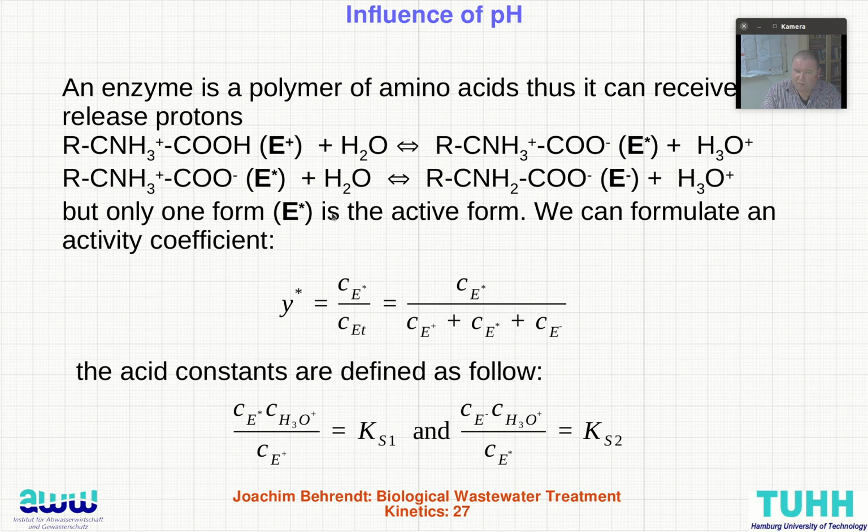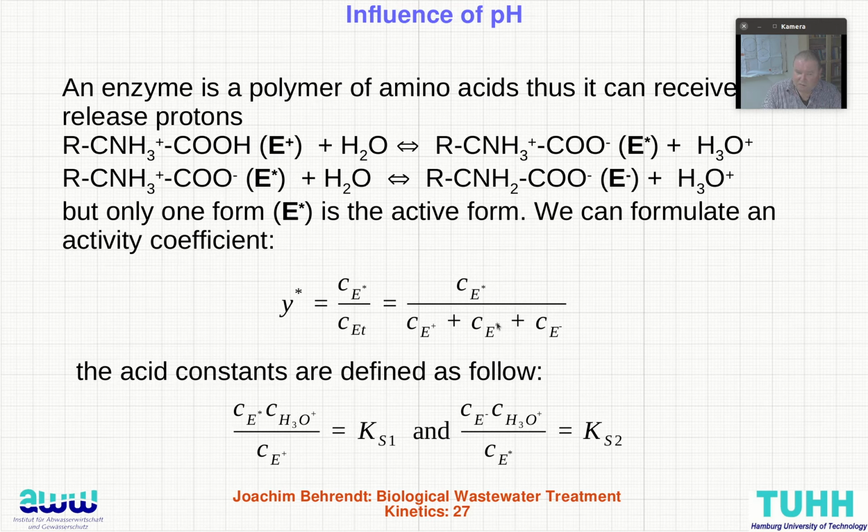And normally only one form, in this case the native form, is the active form. And so we can formulate an activity coefficient. This depends on the native form with respect to the positive, the native, and the negative form. And now we have to calculate from these equations and the acid constants